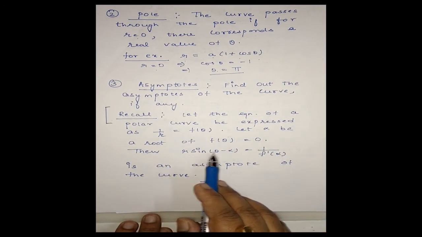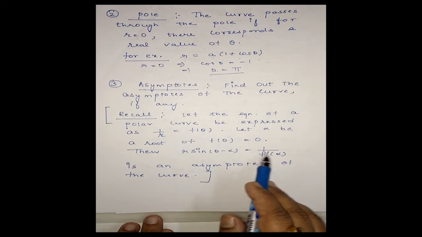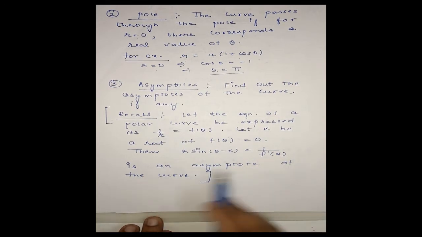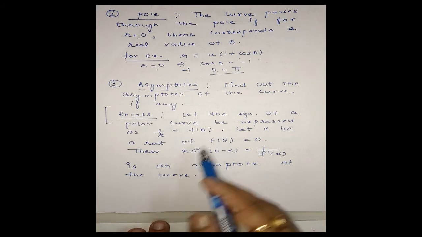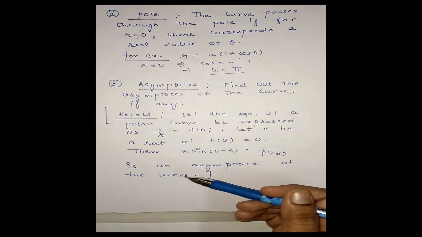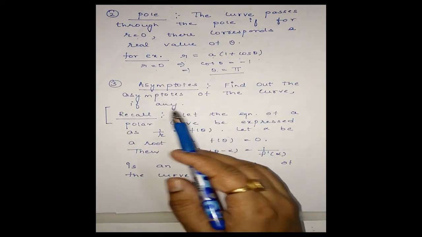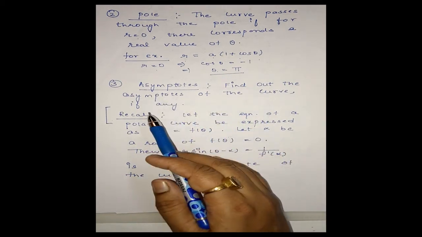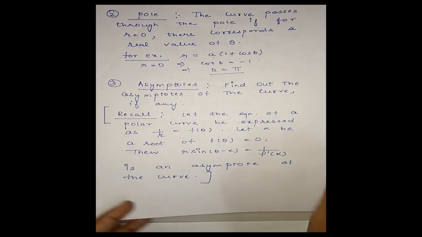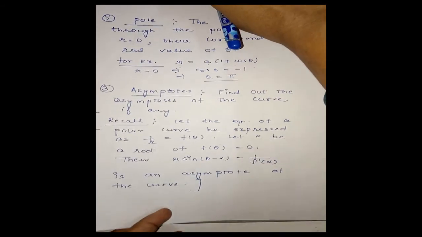Then r sin(theta minus alpha) is equal to 1 upon f dash alpha is an asymptote of the curve. We have already done this concept of asymptotes of polar curves, that here also we have to find the asymptotes of the curve. Okay. Next is